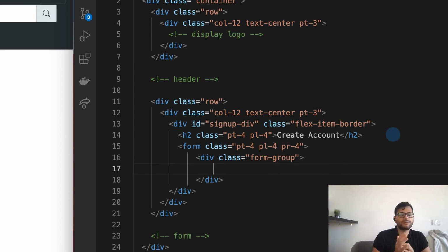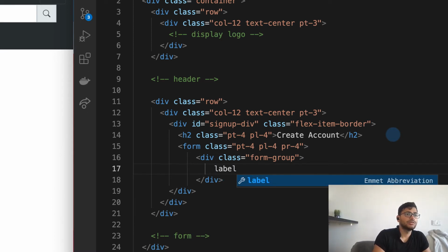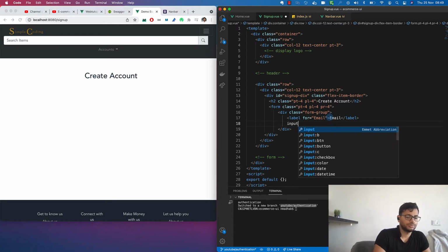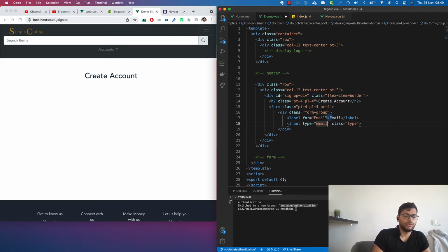So you have form group class, and then you'll have a label, email, and then we have input type. You can make it email,